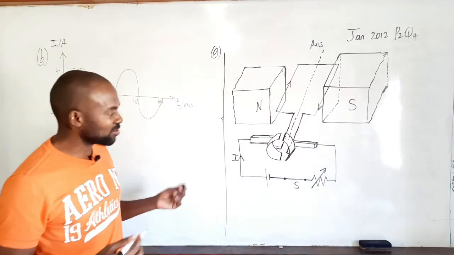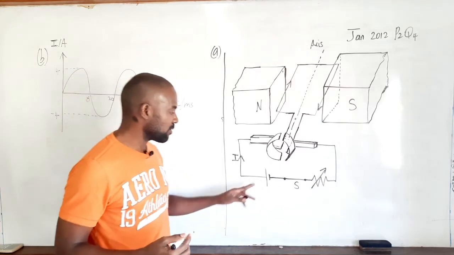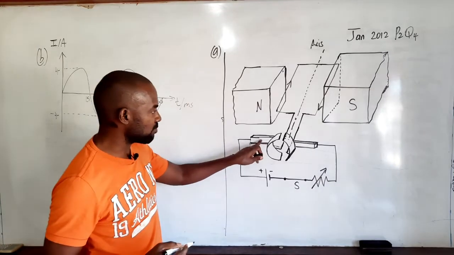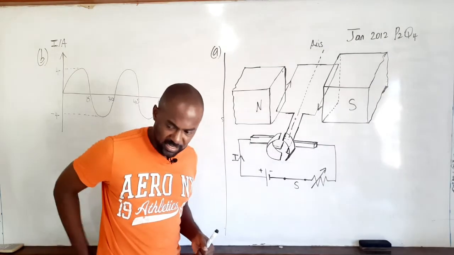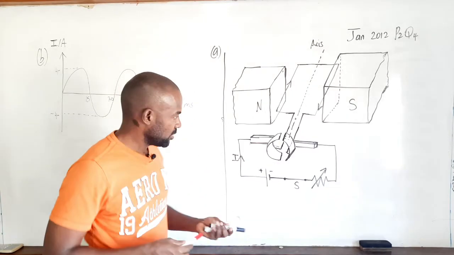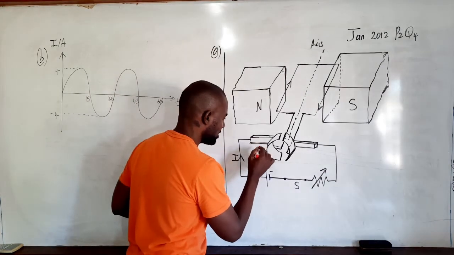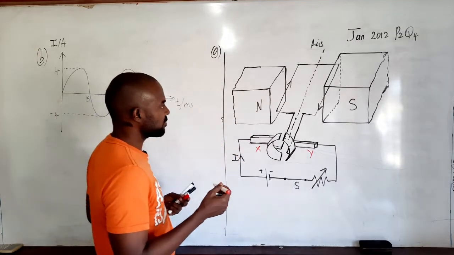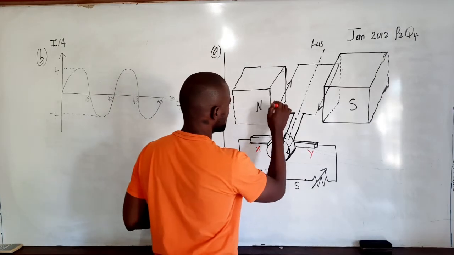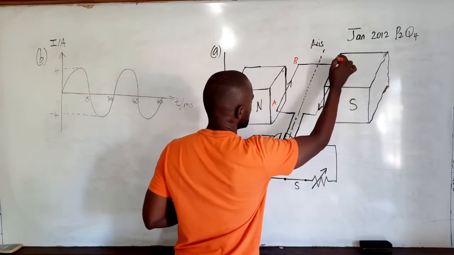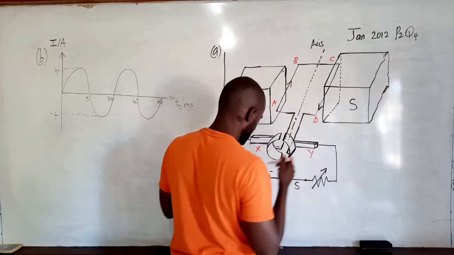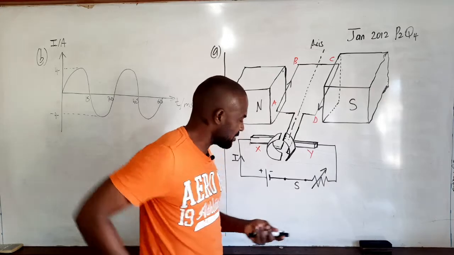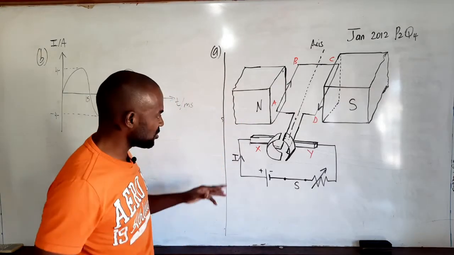So the circuit is closed and there's a current flowing from the positive terminal of the battery. This is positive, that's the negative, and it's flowing through this carbon brush. Let's call this carbon brush X and this one Y. Now let's also label the coil: A, B, C, D. So this external circuit is driving a current, and the current I flows through carbon brush